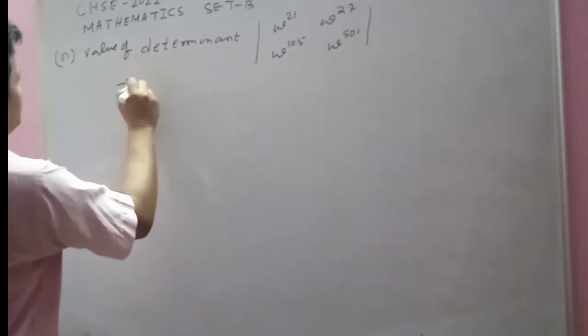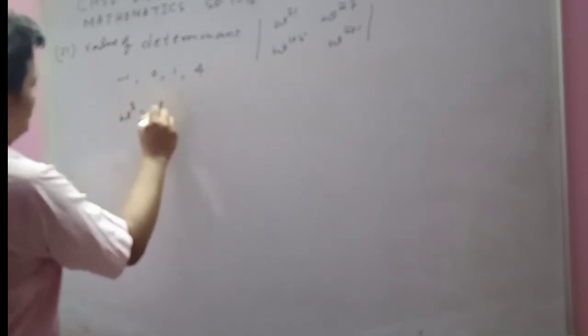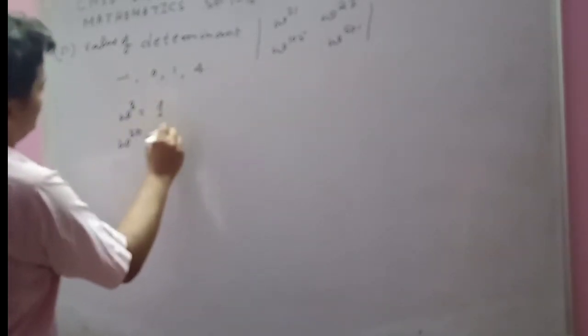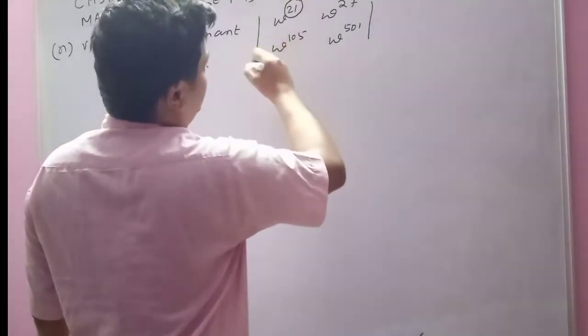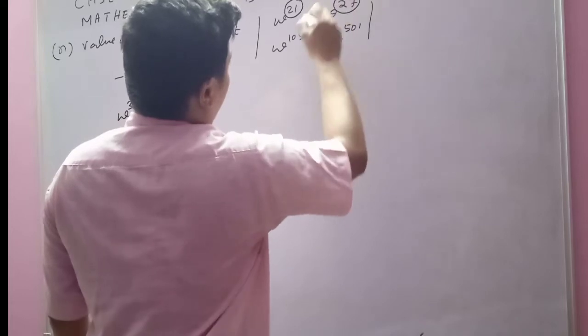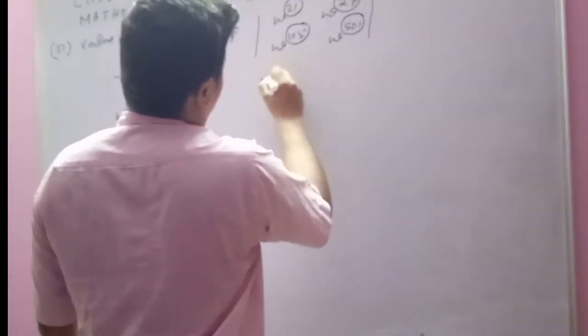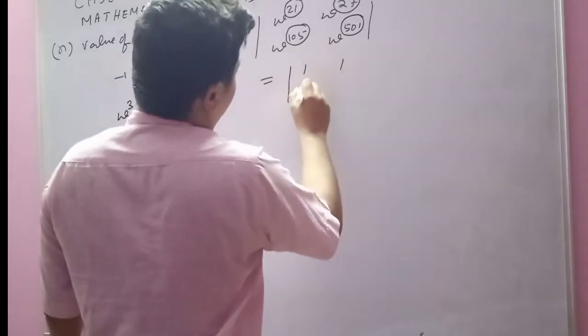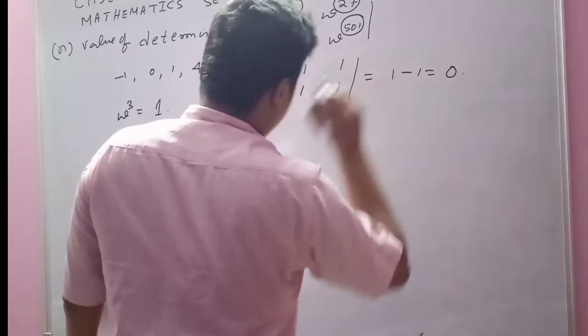Options given: minus 1, 0, 1, 4. Omega cube, the value is 1. So omega to the power 3n is 1. Look, 21 is a multiple of 3, 27 is a multiple of 3, 105 is a multiple of 3, 501 is a multiple of 3. So essentially you have to find the determinant of this, which is equal to